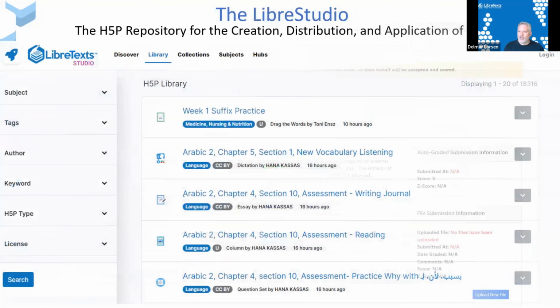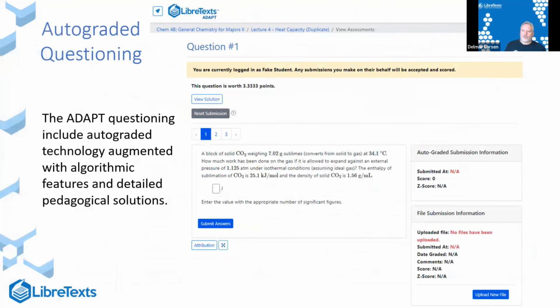I'm going to skip over a couple of snapshots and show you a few pictures of ADAPT. Again, this is chemistry focused because we can all agree that chemistry is the best field for studying out here. This right here is a very simple question. I think this is a work-based question, based off of WeBWorK. This has a series of numbers here. The question was coded up so every student has a different set of numbers. Actually, not quite the density and sublimation, but the different values right here. So the students have to go through the procedures themselves,